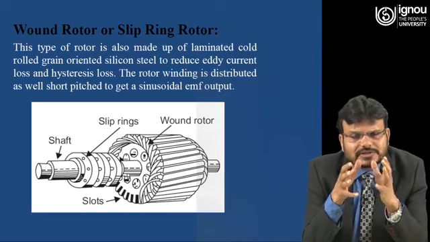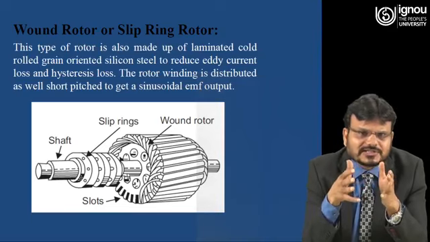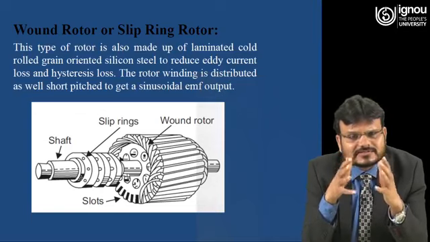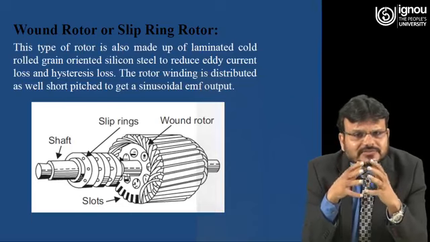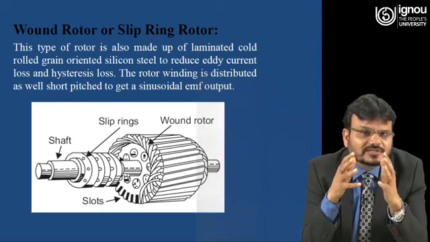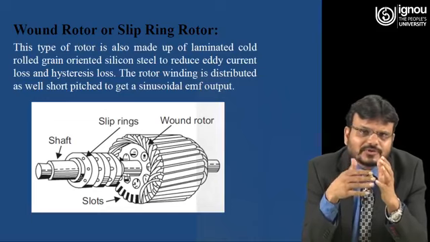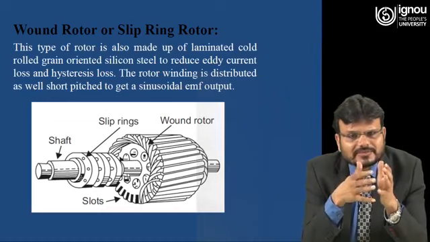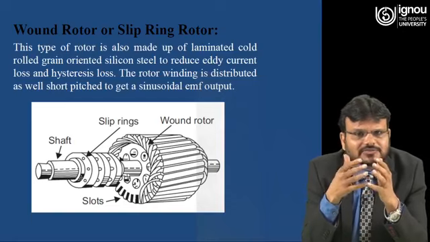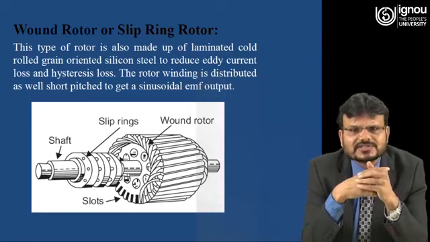And because you are using silicon steel, which is a magnetic material, you can also reduce the hysteresis losses. So basically in any machine, whether it is a transformer, a DC motor, a DC generator, or a synchronous machine, these two losses, eddy current losses and hysteresis losses, are called constant losses. These losses can be reduced if you make the core laminated, so you can reduce the eddy current losses. If you are using the magnetic material, that means this cold rolled grain oriented silicon steel, then you can reduce the hysteresis losses.